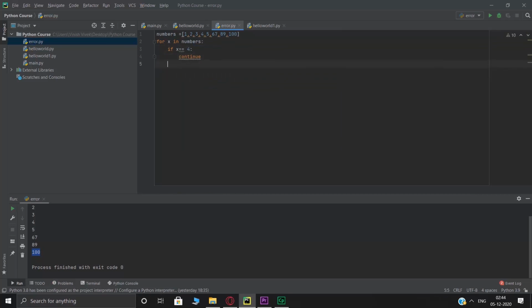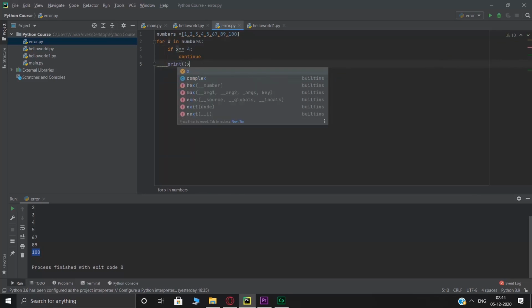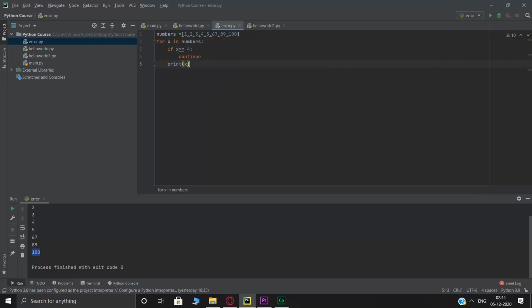And what you wanted to continue was to print x. So it will go through this list, look for the condition where x is equal to 4, and once x is equal to 4, it will then continue printing.